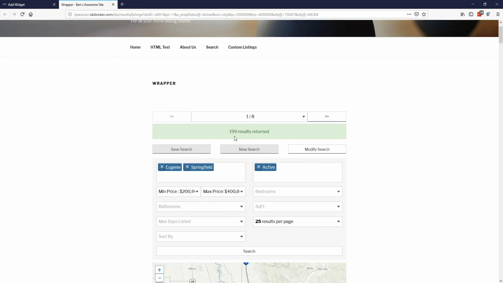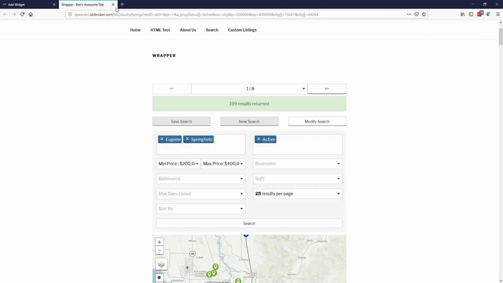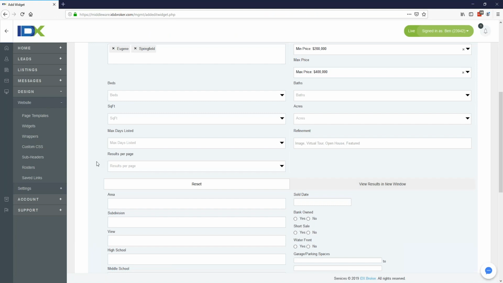And looks like we're coming back with a good number here. If I need to narrow this down, I can always go back into the search and set it up the way it was before. Or, I can make it more specific. So if this is looking good, we'll just go back to where we were before and then scroll down here